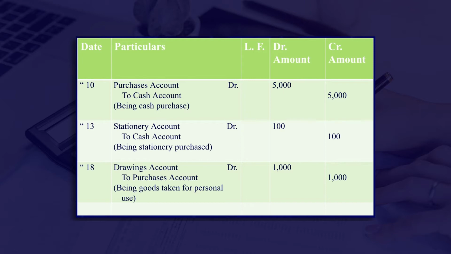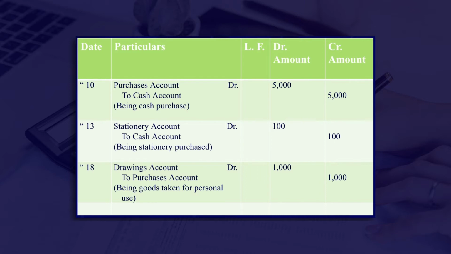So, here two accounts are going to be affected, drawing account and goods account, that is purchases account. So, the journal entry would be drawing account debit to purchases 1,000 rupees, because on account of withdrawing the goods from the business for personal use, the balance of the purchases account reduced by rupees 1,000. When he is drawing, it means he is receiving something from the business. So, the drawing account is a